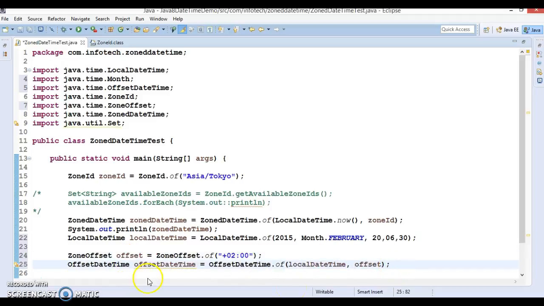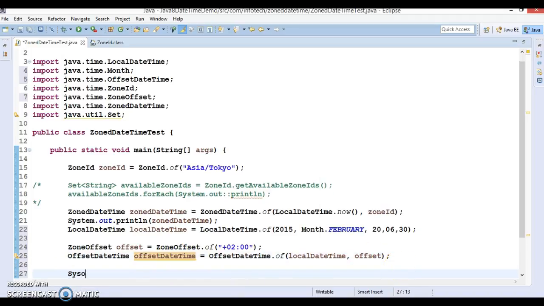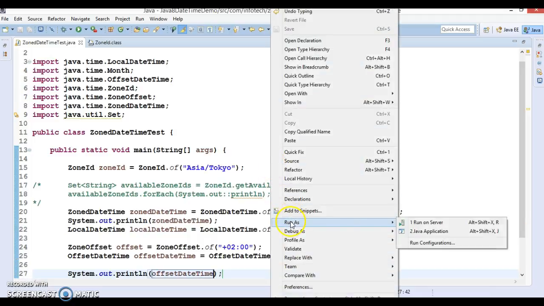Now we have an OffsetDateTime. Now you can print its value, and if we run this program,